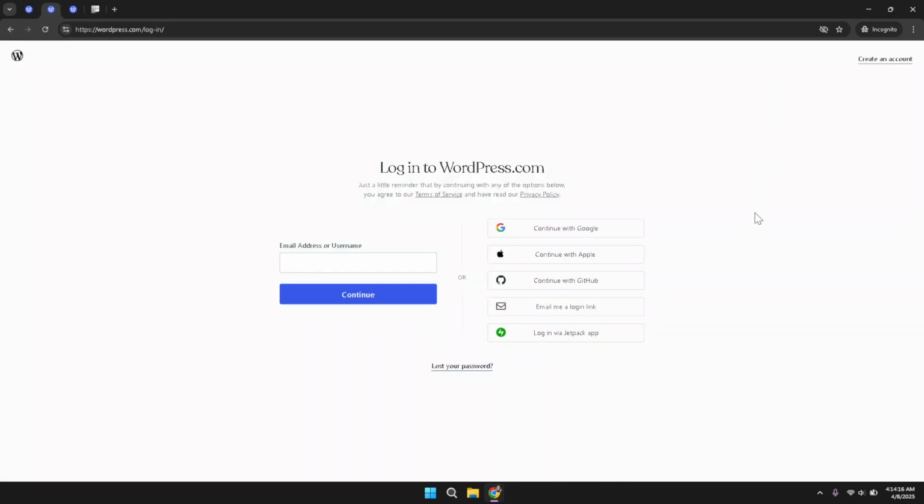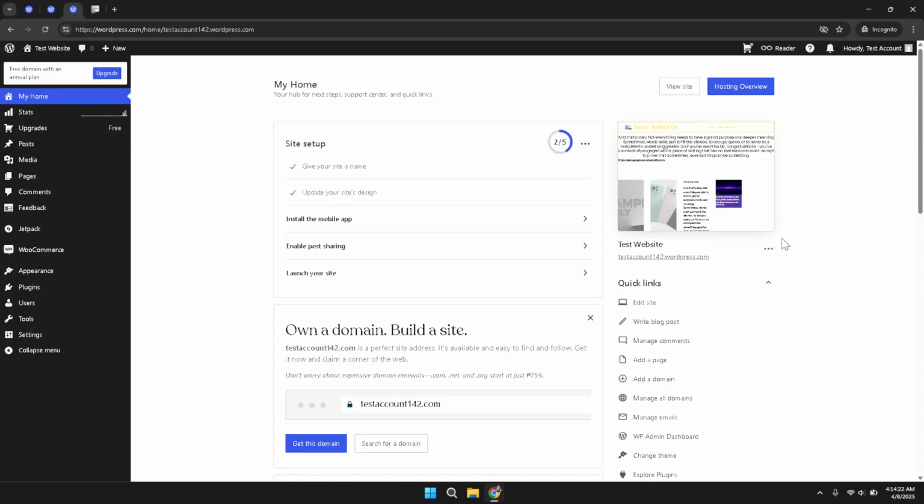Click on the Continue with Google option and then select the Google account you wish to use for logging in. After signing in successfully with your Google account, you will be directed to the main dashboard of WordPress. In the dashboard, locate the Quick Link section where you will find an Edit Site option. Clicking Edit Site takes you to the site editor, which is the central hub for making design and content changes